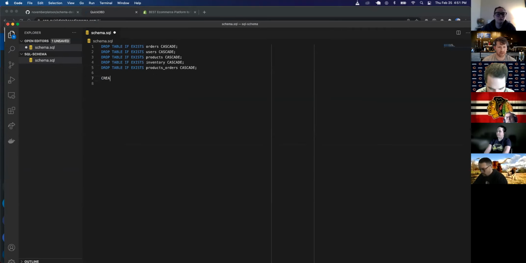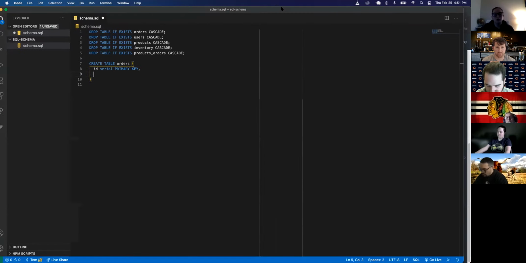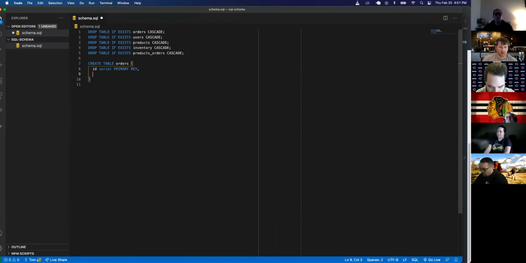So I'm going to do create table orders, and then ID, that's serial primary key. Is that all I needed on there? Oh, user ID. So I could say user ID integer, and then it's going to reference